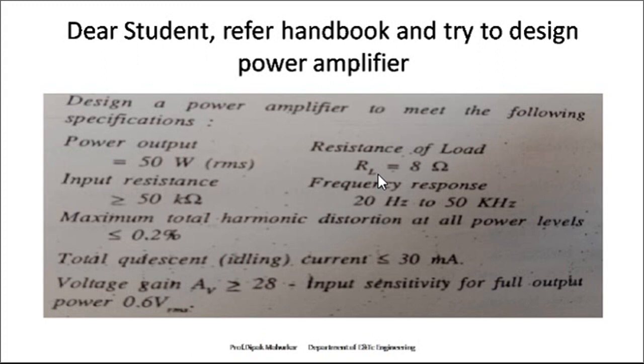First we have to draw the diagram, and the diagram is already available for the 50 watt power amplifier. Once you draw the diagram, the components and their variable names are defined in that diagram. Then one by one, slowly, we can move to find the values of the respective components.